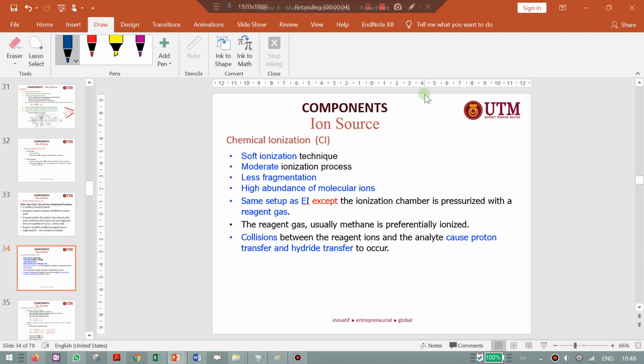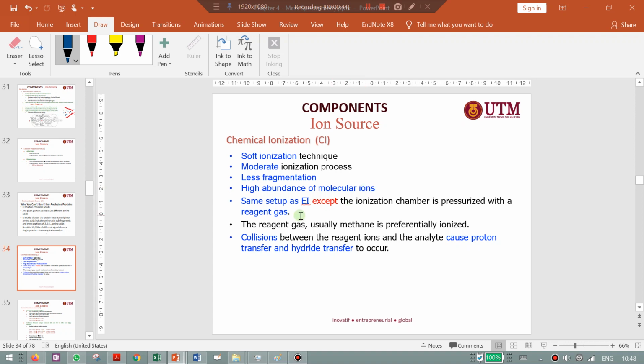So the next one is the chemical ionization technique. It's a soft ionization technique compared to the electron impact ionization technique. The ionization is much more moderate, with less fragmentation and a high abundance of molecular ions. In electron impact ionization, you can somehow observe the molecular ion, but most probably you cannot observe the molecular ion. But in chemical ionization, you can see more abundance of molecular ions compared to